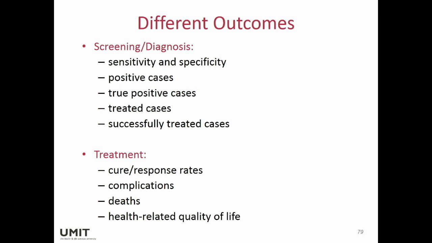And when you think of treatment, well, cured or response rate, complication, death, or health-related quality of life. These are all health outcomes, and often you don't get all of them out of the studies. However, you will see that depending how you frame your model, you can get this as an outcome of your model. And with respect to health-related quality of life,